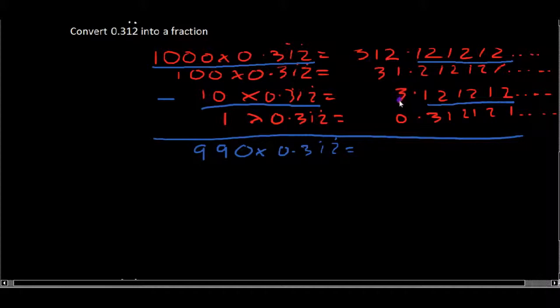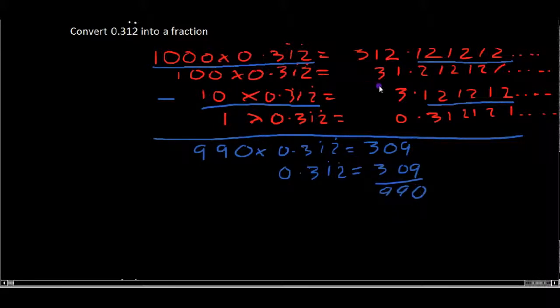Well, 312 minus 3 gives you 309. Now the decimal matches up perfectly, so they'll cancel out. So we've got 990 lots equals that, and then we find out what one lot is by dividing by 990. So you get 309 over